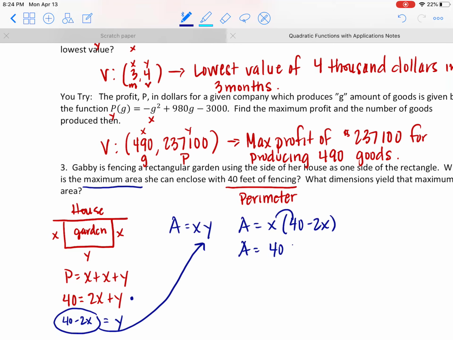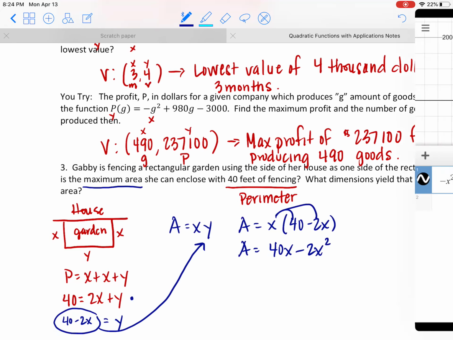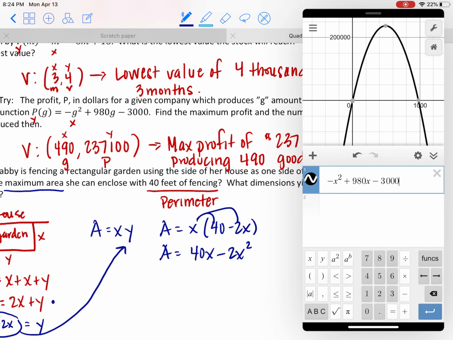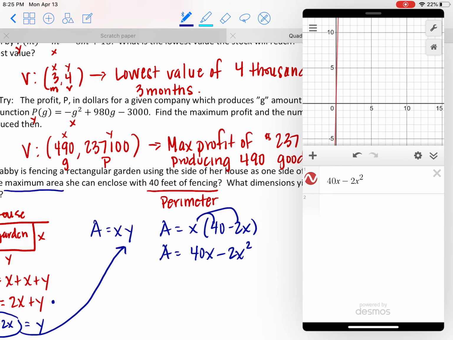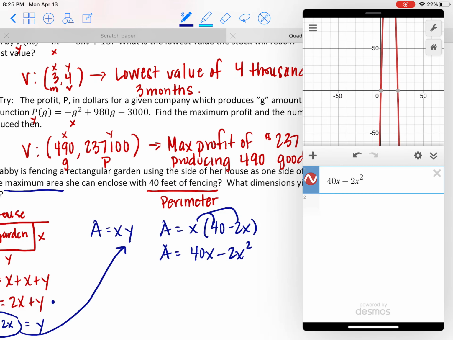Now if I multiply that out, I get 40x, and then minus 2x squared, and there's a quadratic. Now I can find the maximum, find the vertex of that quadratic. So I'm going to put that in. I'm going to put in my 40x minus 2x squared, and go back to a